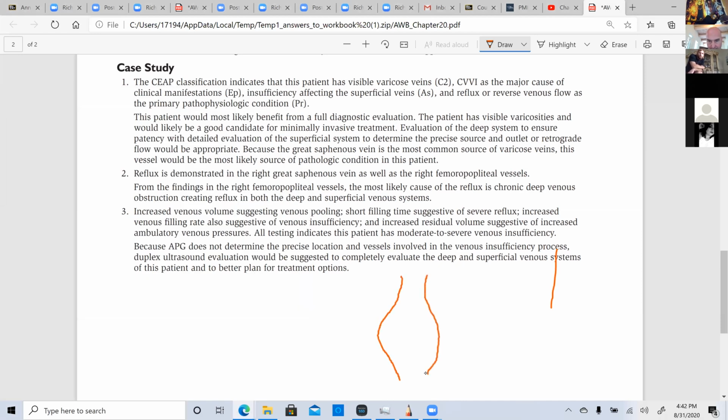So let's say we have a normal system here, but we have DVT. The entire leg starts filling with blood. And this is chronic. This isn't just short term, this is chronic, chronic, chronic. Eventually, this can go to something a little more like